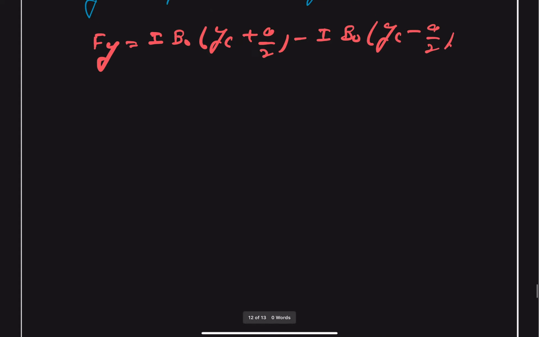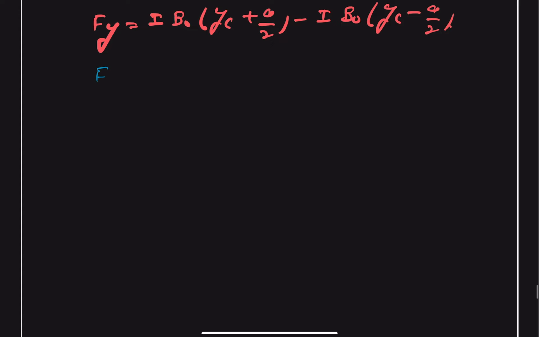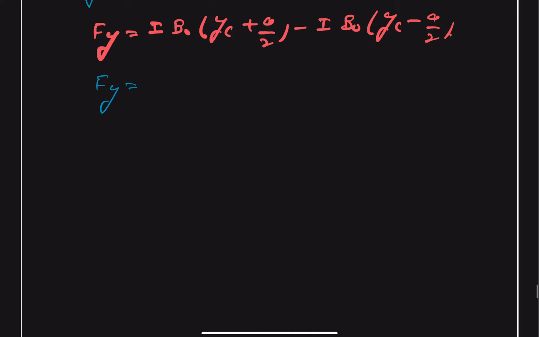And we get this as Fy will be equal to, we can take I B naught as common, so we are left with Yc plus A by 2 minus Yc plus A by 2, and